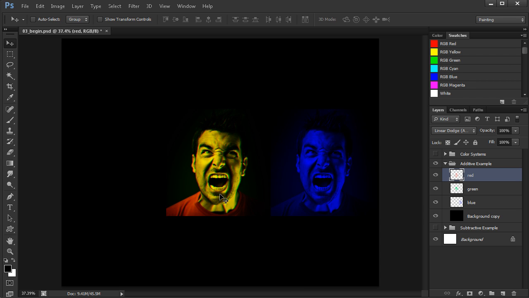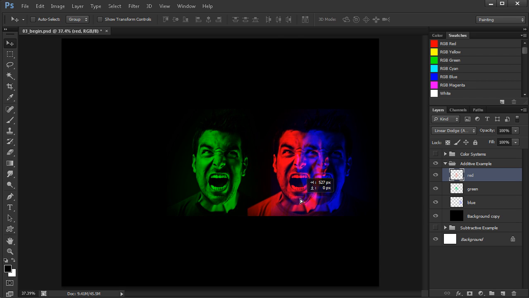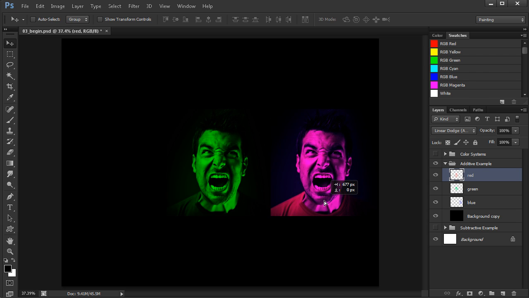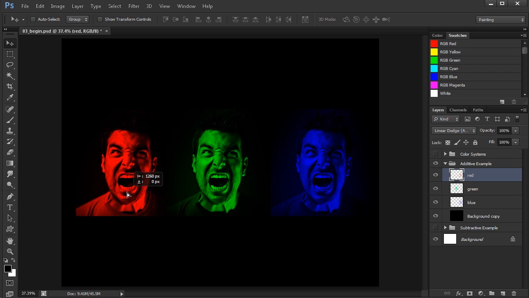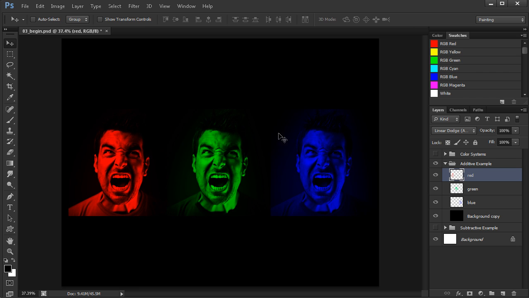If we continue to drag that red over, you're going to see that red and blue combine to make more of a magenta color. So are you starting to see a pattern here? We're starting to make a sort of second tier of colors out of our 3 primary colors. So that's for red. Now let's go ahead and grab our green here, and let's grab it